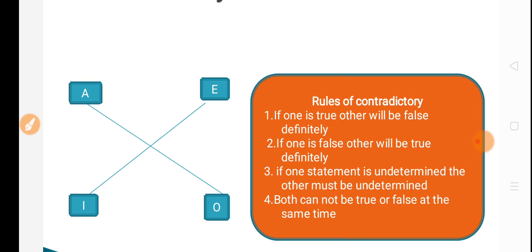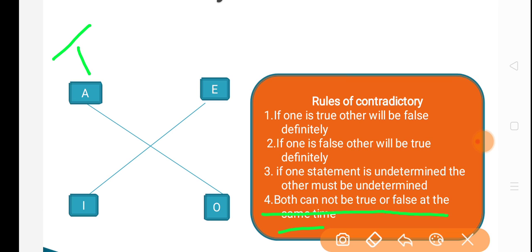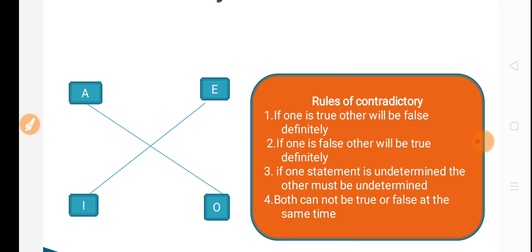Then the fourth rule is, both cannot be true or false at the same time. What does it mean? If this is true, this will be false. This can't become true because these are opposite relations. Once more,